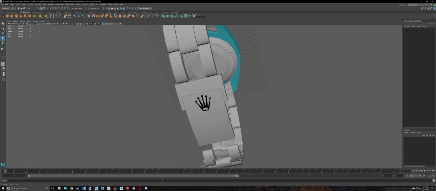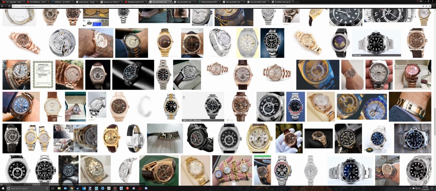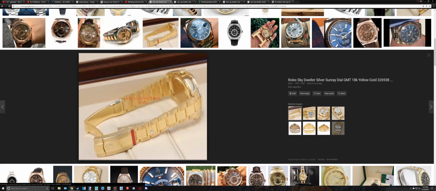We have it looking kind of like what I want, so if I take a look at some of these watches, that is a very helpful picture. We can take a look at kind of what I'm half creating of one and half creating of the other. Except there's barely any pictures of the link. It's kind of got two pieces, and one will basically connect into the other parts, so we're gonna have to create a